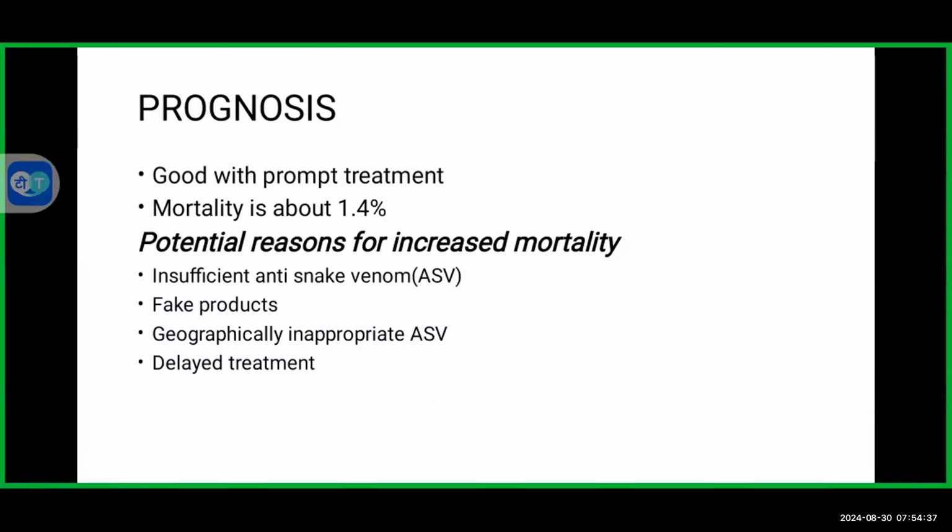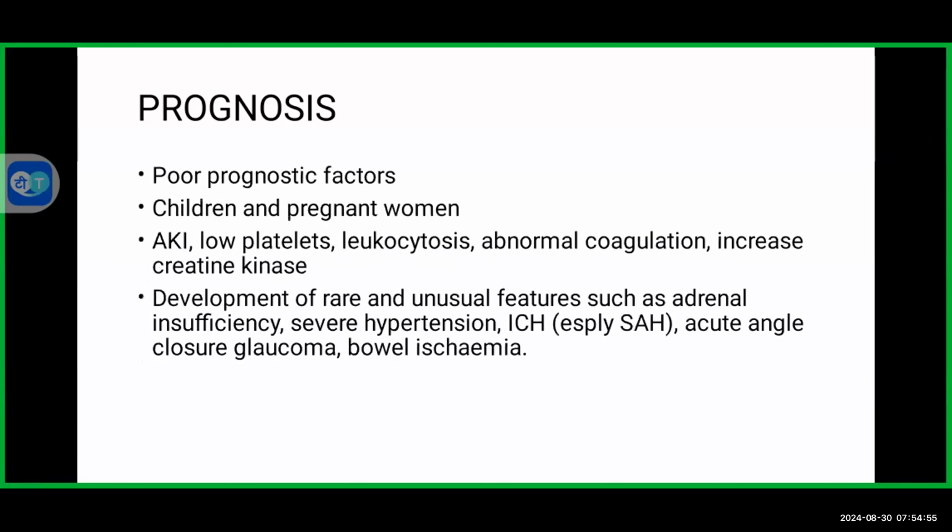The prognosis is usually good with prompt treatment. The patient is able to get to the hospital fast and then is able to receive the antivenom. But potential reasons for increased mortality include insufficient anti-snake venom, poor quality product, geographically inappropriate anti-snake venom, and delayed treatment. Other poor prognostic factors include children, pregnant women,